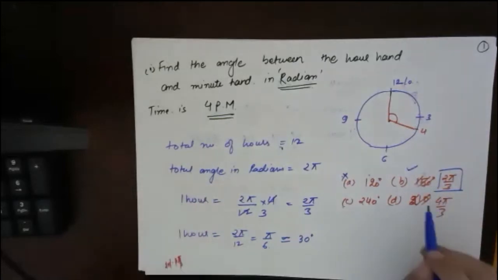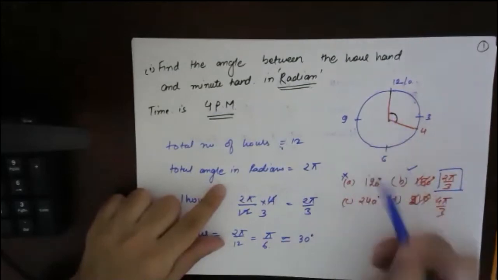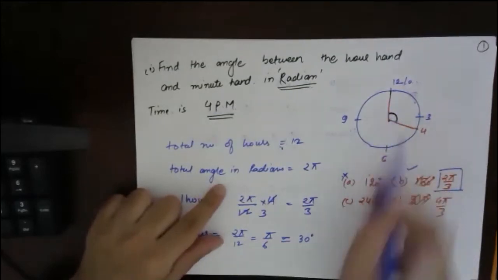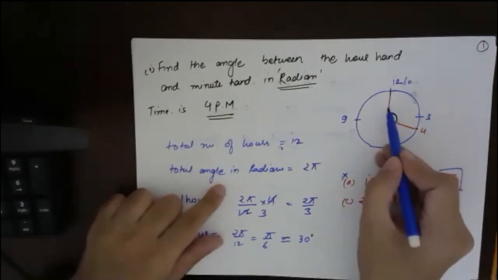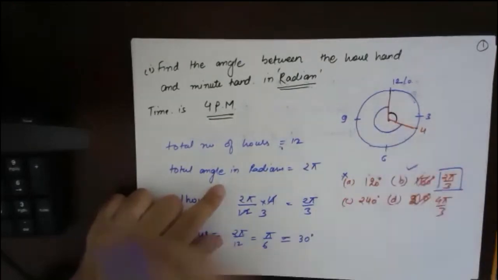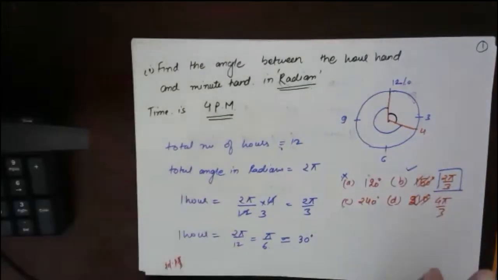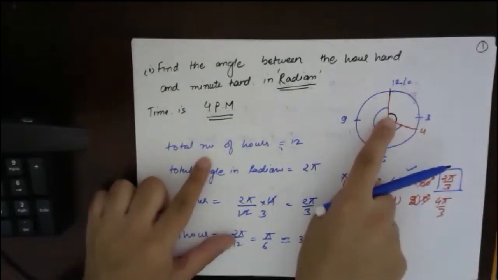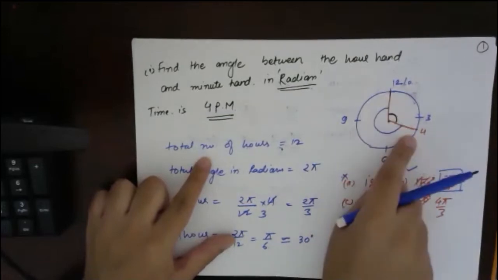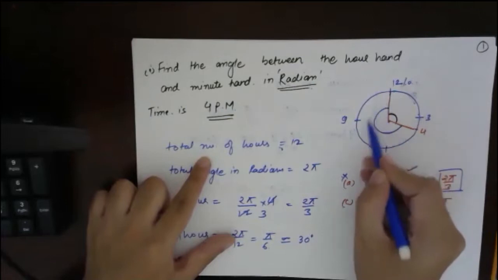Now see one more thing. You are taking the angle between the hour and minute hand as this only. Suppose if I am talking about this angle, why have they told us to find the minimum angle, or have they just told us to find the angle? Basically, this is the shortest angle, the minimum angle between minute hand and hour hand. But this is also the angle, no? So what will this angle be?